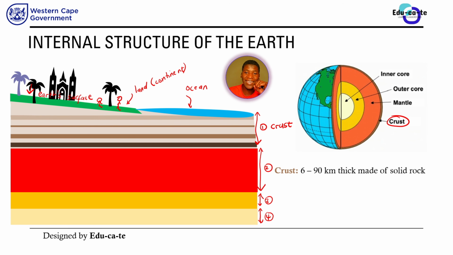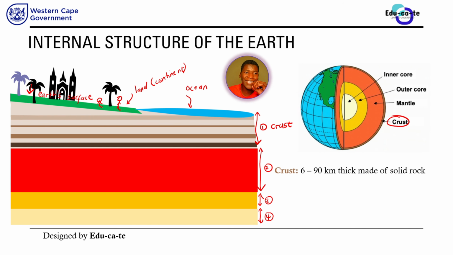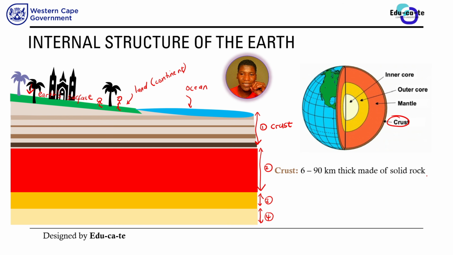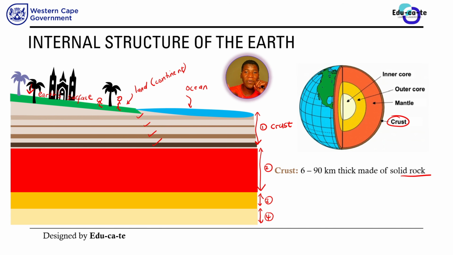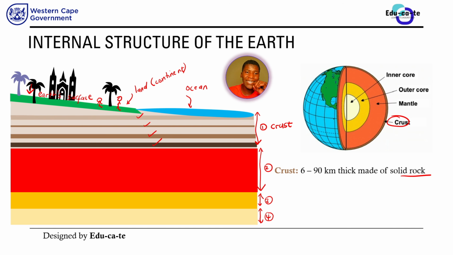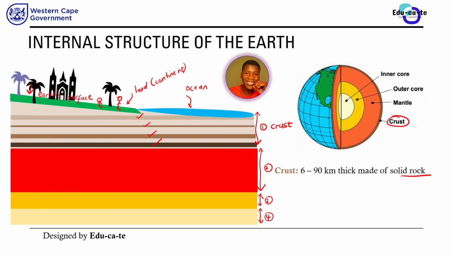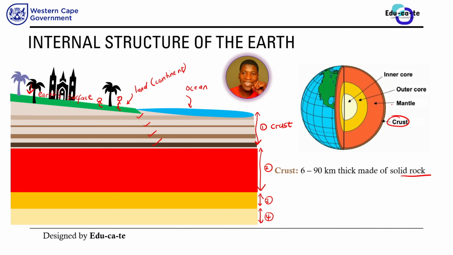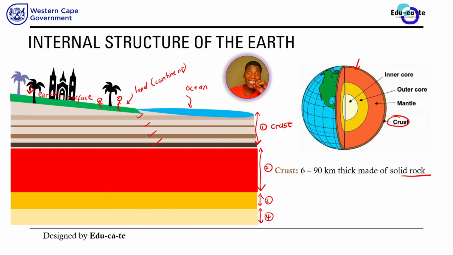So when we're talking about the crust, that is where we live at. This crust is made up of solid rock because we are actually able to stand on the crust because we are on top of a ground. So there are rocks underneath. These different layers, such as these ones, are all different layers of rocks. It's particularly known as sedimentary rock, but we're going to do rocks later on. Just know that the place that we are at right now is made up of rocks, and it is known as the crust of the Earth. It is the Earth's crust. That is the first layer. So in this diagram of a spherical Earth, you are going to find the crust as the first layer here, the brown one. That is the crust.